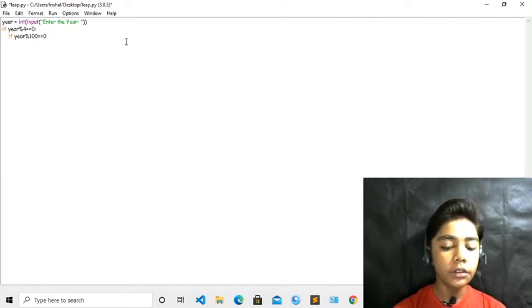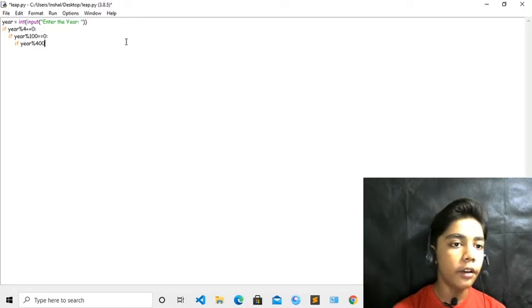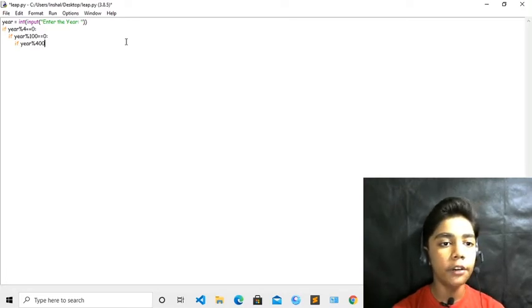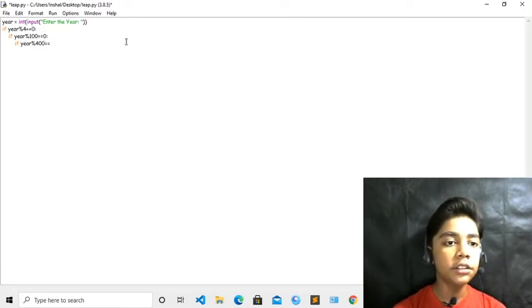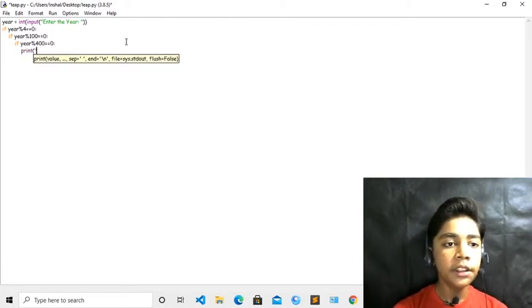Now write a colon again and write again if year, with the % sign, and now write 400. Like we have written 4 and 100, now we have to write 400. So now you have to write equal to 0, then a colon, and when you have written all this, you have to write the print tag. In this print tag we will write first of all the year, okay?